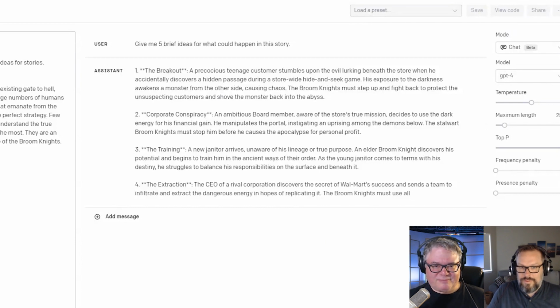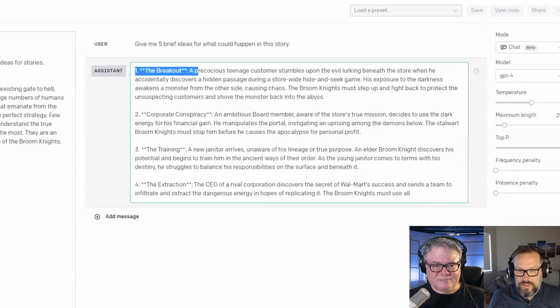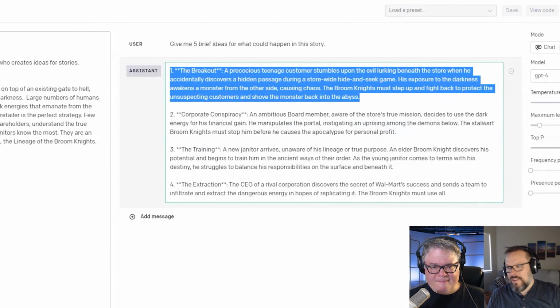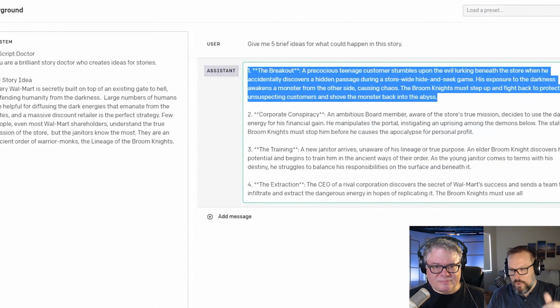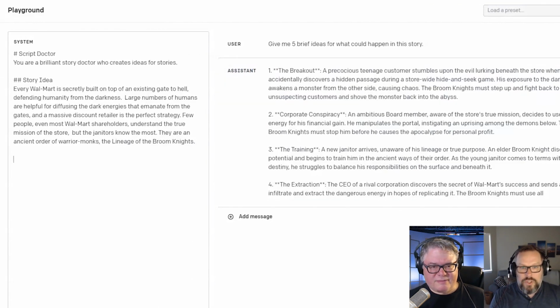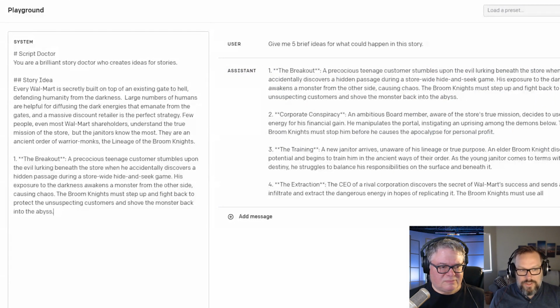The breakout. Okay. So the way that I work with this is there's a lot of skimming. I'm generating a ton of content and just trying to find the most interesting things, and I go kind of fast. All right. So we're going to add another section here. And by the way, for those who don't know, this is also markdown.